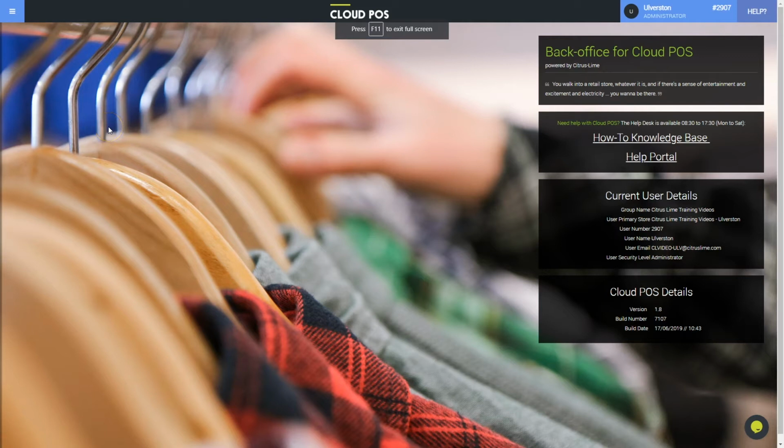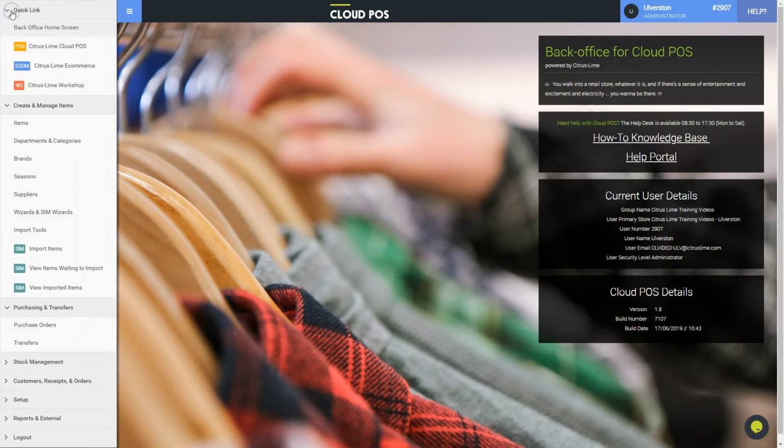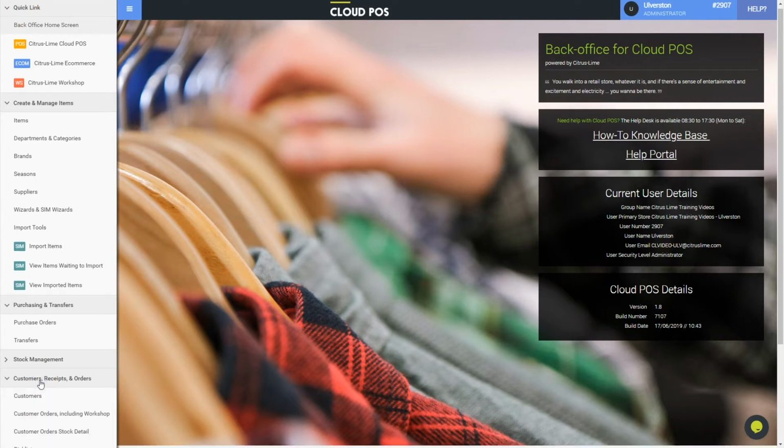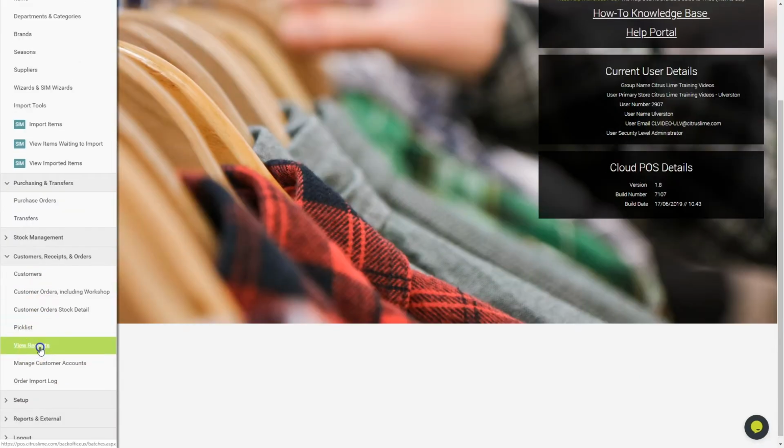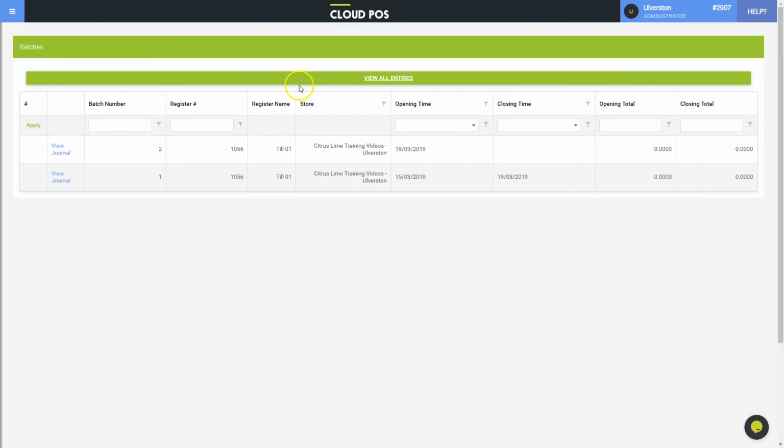This video talks through accessing a list of receipts using the back office functionality. Go to the menu, select Customers, Receipts and Orders. Select View Receipts. This shows a list of batches that relate to this particular business based on the till that